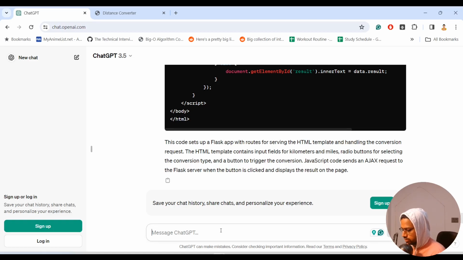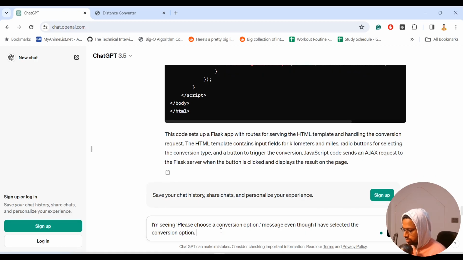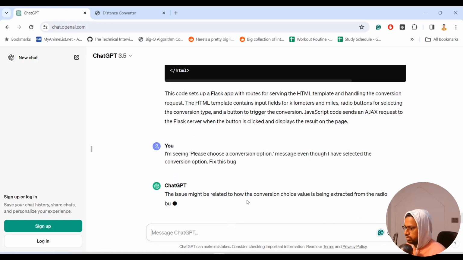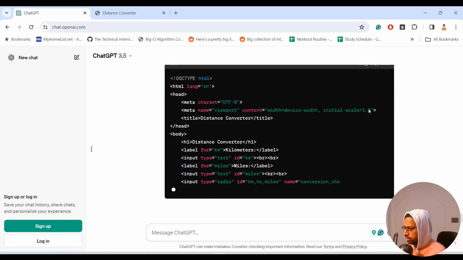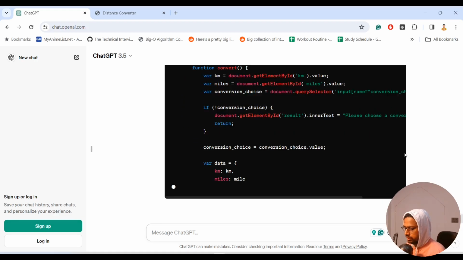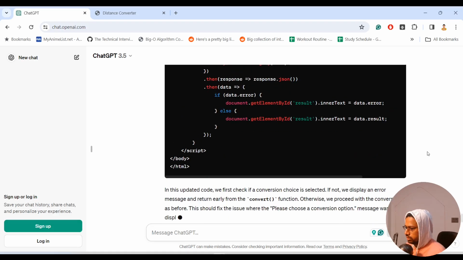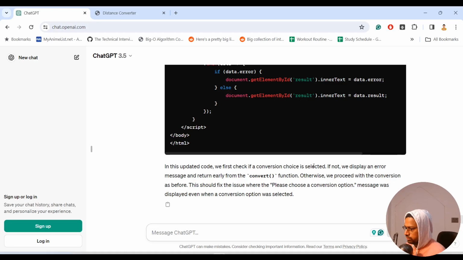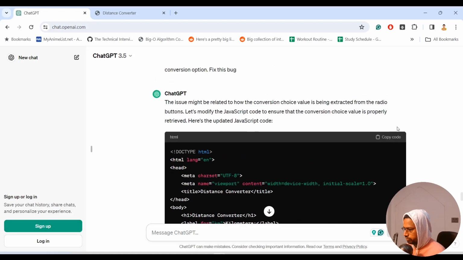So here let's say I'm seeing message even though I have selected the conversion option. Fix this bug. The issue might be related to how the conversion choice is being extracted. Might be, okay. In this updated code, we first check if the conversion, if not, display an error. Okay, let's see. Let me copy this